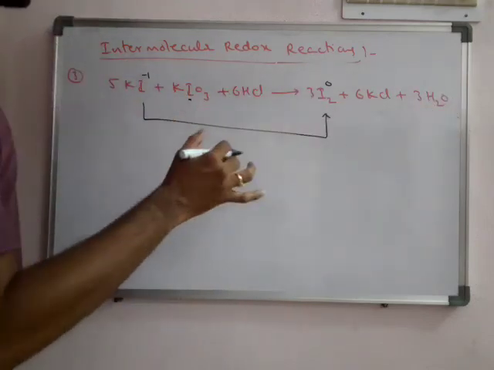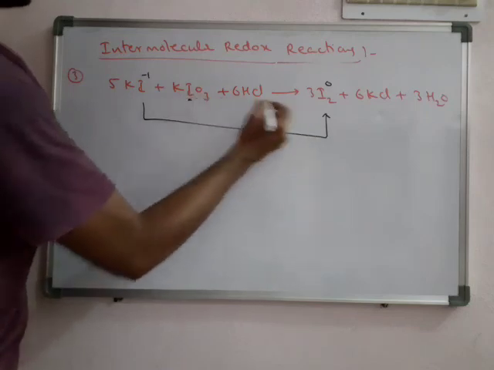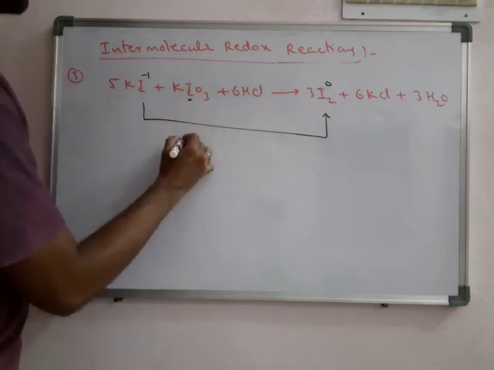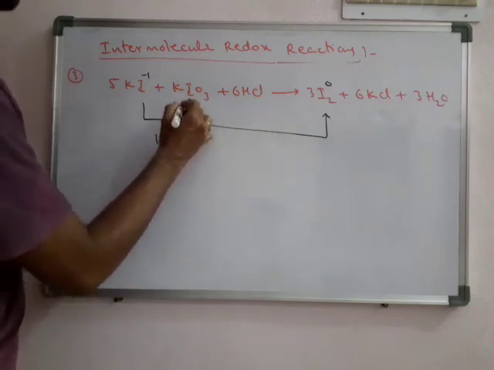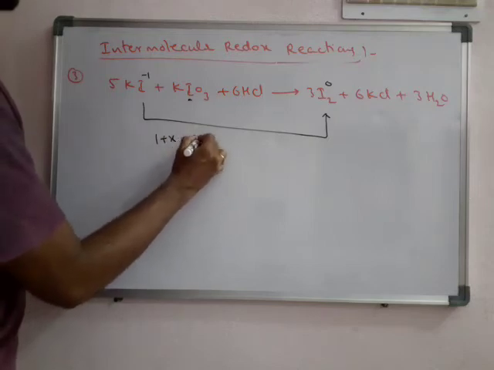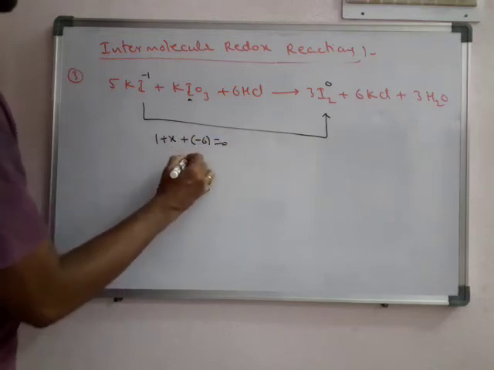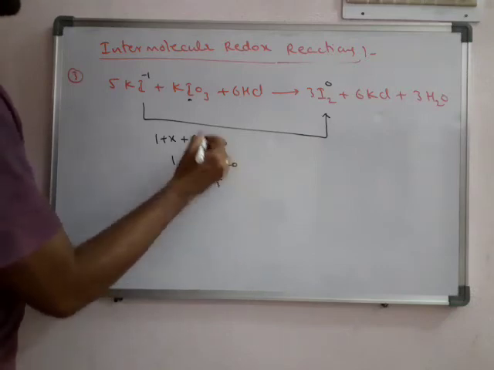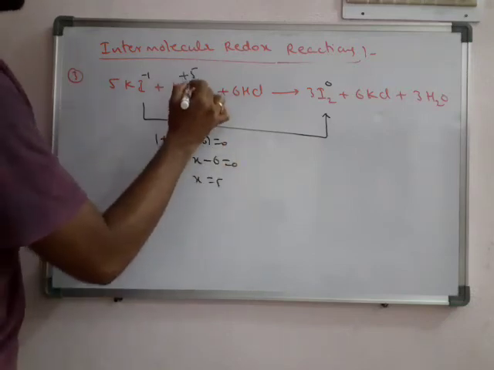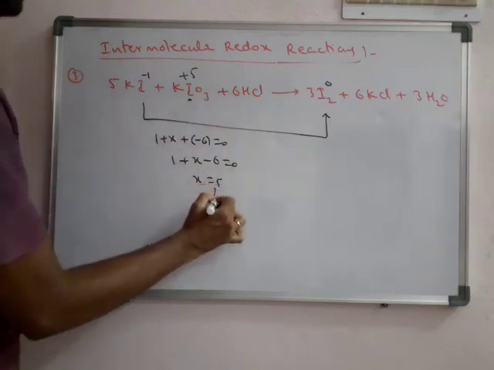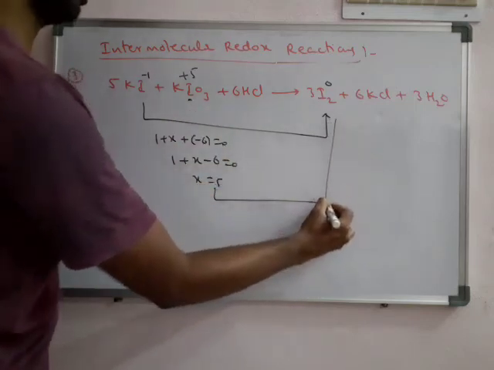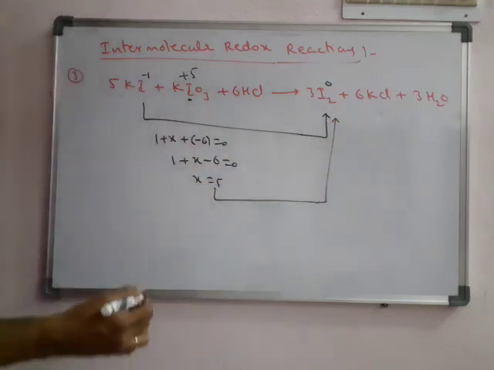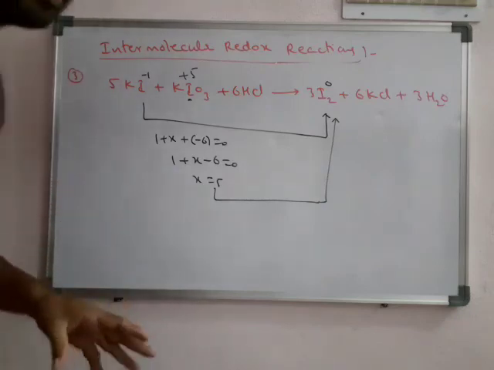So compare the charge, we have only IK here. So here what is the iodine oxidation state? Sorry, that is 1 plus X. So minus 6 equals 0. So X equals 5. So iodine oxidation number 5. Here it is changed from plus 5 to 0. It is reduced. So as we said in the starting segment,